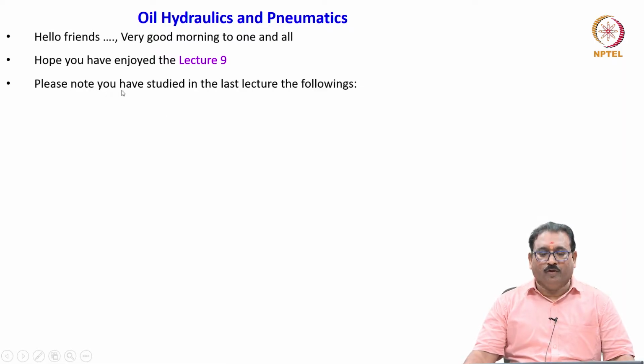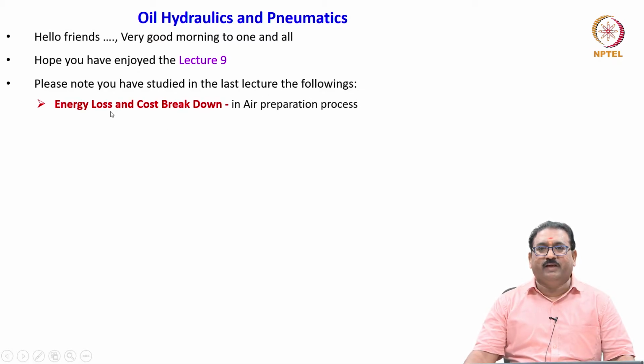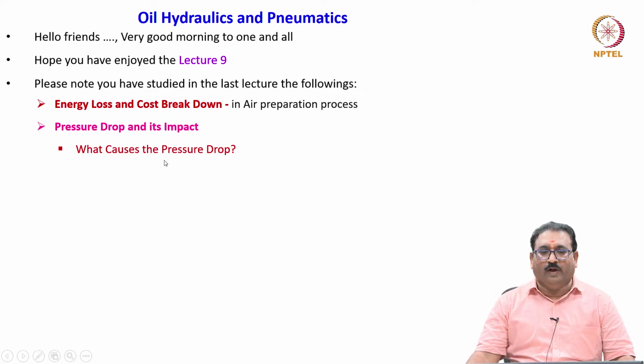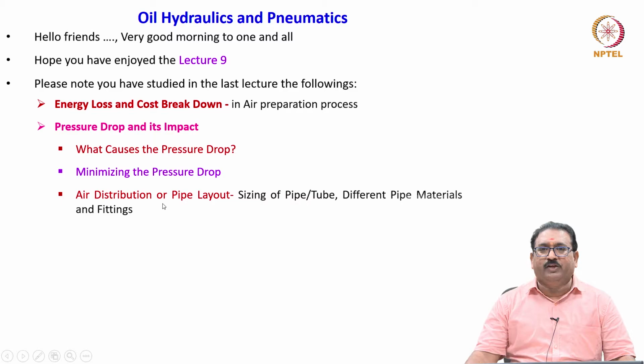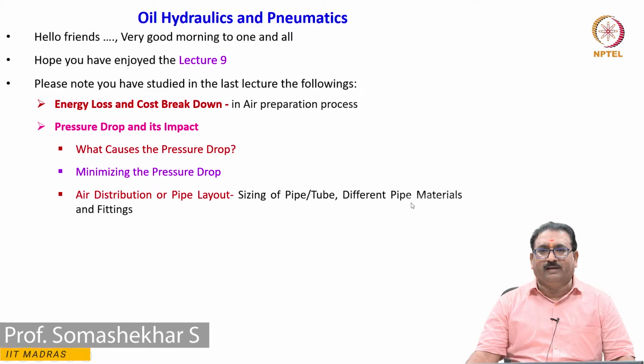Please note, you have studied in the last lecture the following: energy loss and cost breakdown in the air preparation process, pressure drop and its impact. Under this heading, we have discussed what causes the pressure drop, minimizing the pressure drop, air distribution or pipe layout. Here we discussed sizing of pipe, tube, different pipe materials and fittings,